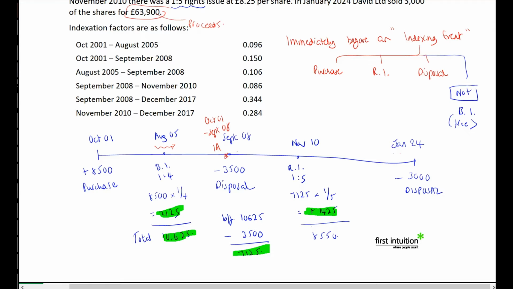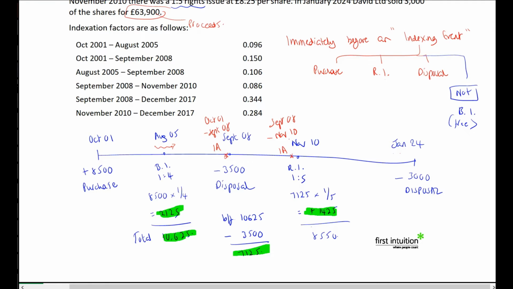What happens next? November 2010, there's a rights issue. That's an indexing event. So let's index again immediately before we put that rights issue through. Now I'm already indexed up to September 08, so I can pick up where I left off and say I now just need to go from September 08 to November 2010. That will bring my pool completely up to date. I can then do the rights issue, and then I go to my next indexing event, which is a disposal